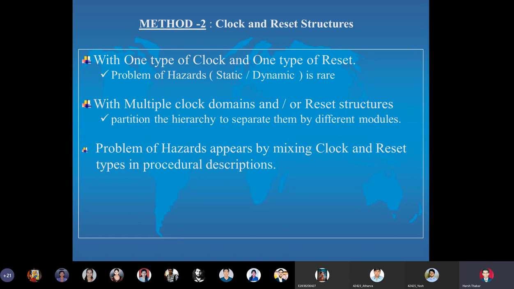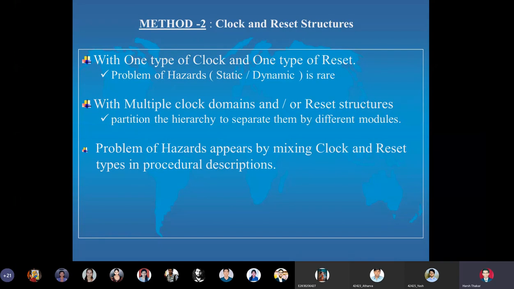When you say race around condition, it actually means that at the active edge of the clock, for example, if a JK flip-flop is positive edge triggered, then when the positive edge of the clock arrives, if J equal to K equal to 1, in such a condition it is unpredictable to say whether the output Q is 0 or 1. At one instant of time, the output may be equal to 1 at the rising edge. At another instant, when the next rising edge arrives, it may be 0.